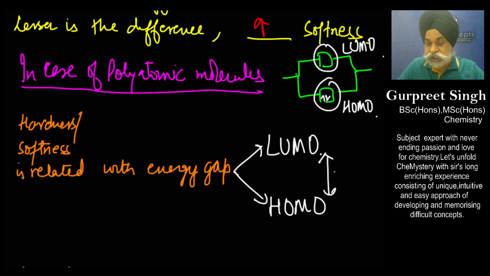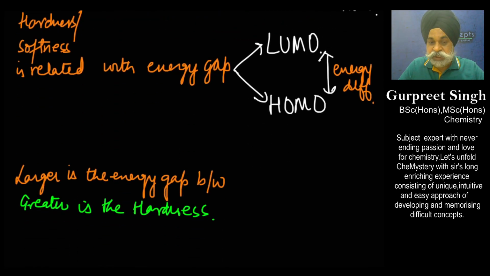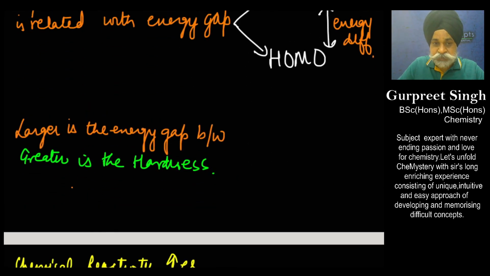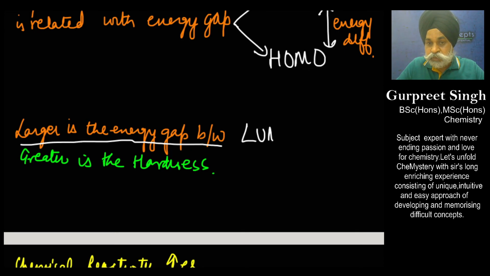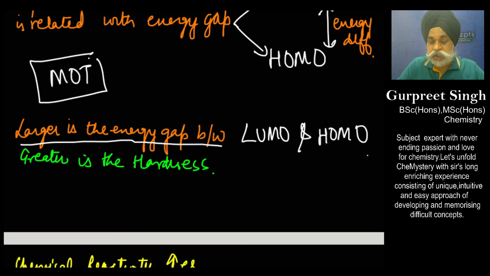So if you want to do the quantification here, you need to know the energy difference, and if this energy difference is greater for a given chemical species or a neutral molecule, greater is its hardness. So the larger the energy gap between LUMO and HOMO, the greater is the hardness. Here it comes from the topic of molecular orbital theory, so to identify this hardness you need to know molecular orbital theory. And this energy difference also tells us about the